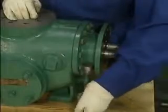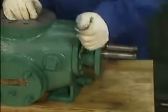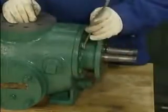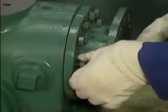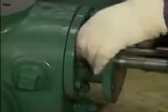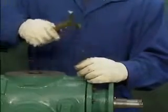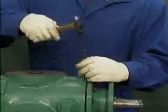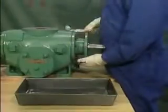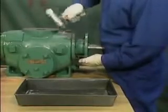The final step of the initial disassembly is removing the outboard bearing bracket. The mechanic loosens the bearing bracket nuts with a wrench. After the nuts have been loosened, he can remove them by hand and set them in the parts pan. The mechanic then makes witness marks on the bearing bracket and the pump casing so that these parts can be put back together properly. Now he can separate the bracket and its gasket from the casing and pull it back